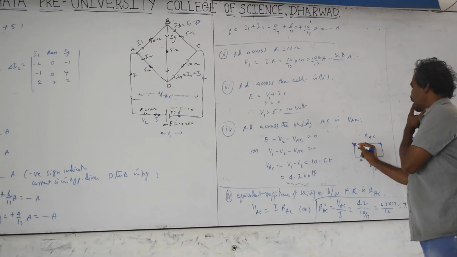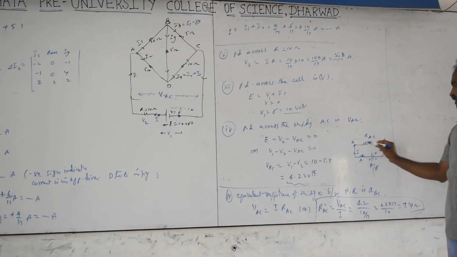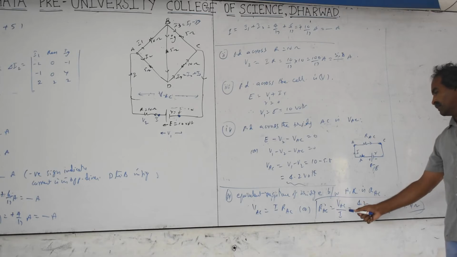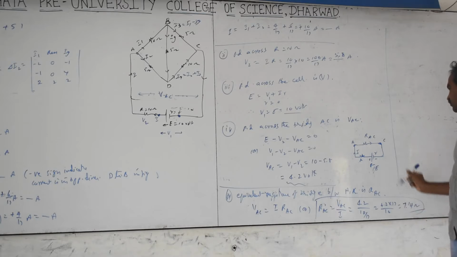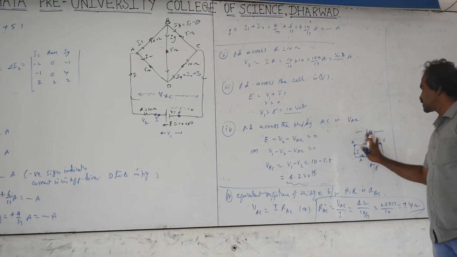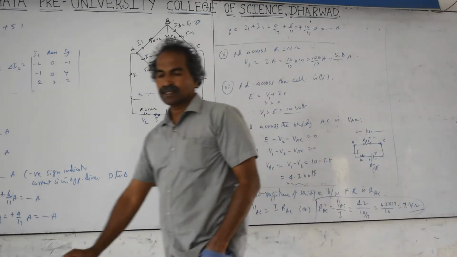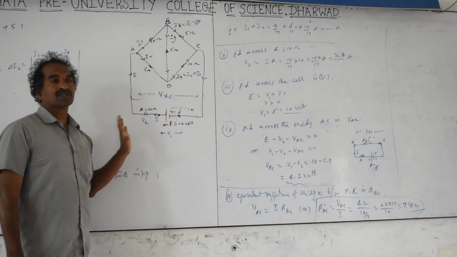This is the A and C points. Current is I, and the current is the same here. So VAC, the voltage across A and C, we have already calculated. We have to calculate how much this resistance RAC is. So V equal to I times R, so we can take RAC equals V by I, the voltage across this divided by the current, which is nothing but 7.14 ohms. This is VAC, and RAC is this resistance. Just work out these points. In the textbook, one more solved example problem is there. Just go through that.